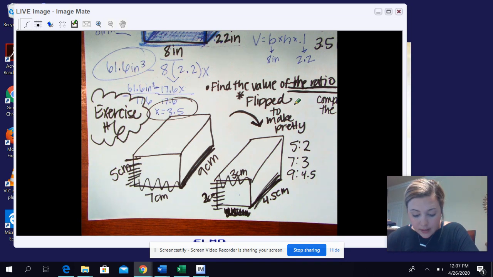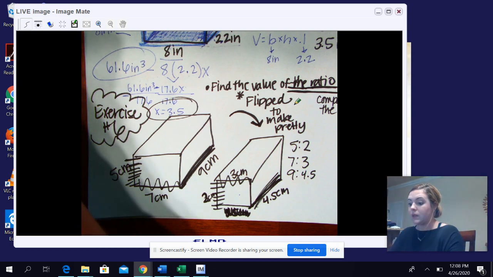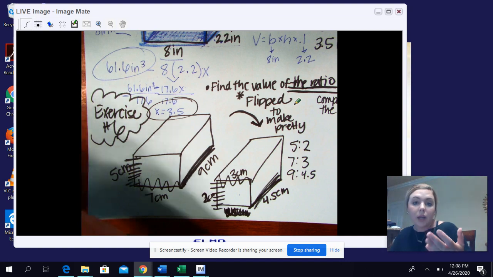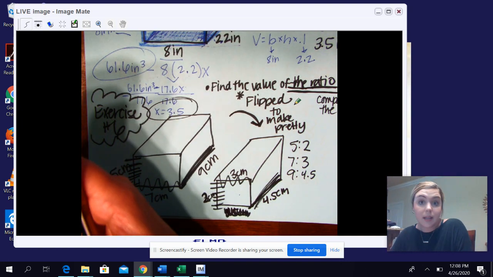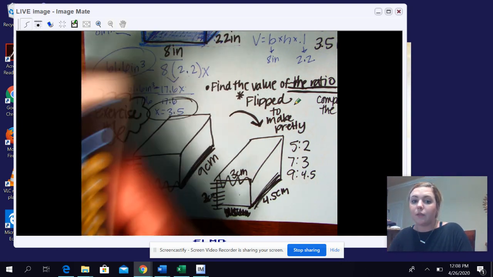And if you notice, what they're asking for is simply a ratio. So I'm going to find the volume of each prism, and then I'm going to compare their volumes in ratio form. And that's all we have to do here. You will get a fraction or a decimal, and that's okay. That's all it's asking for is a